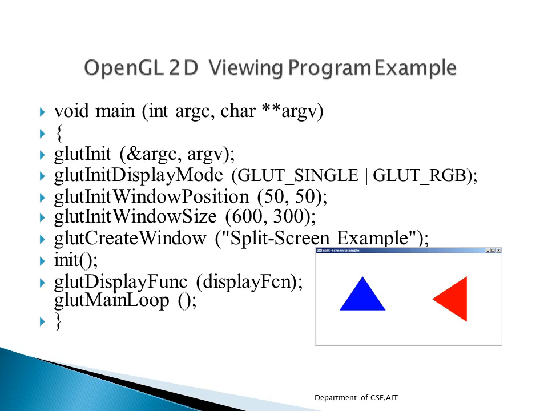So from this example, it is clear that all the APIs we have learned up till now regarding viewing will be applied in the program in this way. Whenever you look at these APIs, you can make out all these are supporting our viewing. The window position, where the initial window will be, what will be the size, and what will be the title. You can see here the title of the screen is given as split screen example. So you can give the title also. This is how we have to make use of all the APIs from your viewing functions.